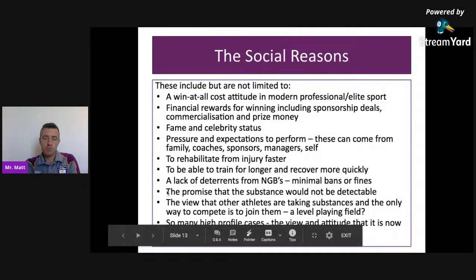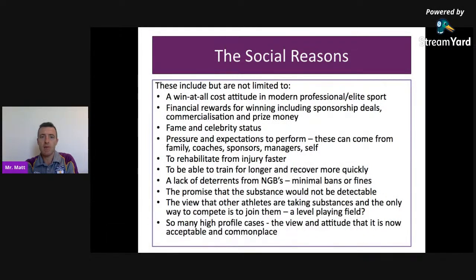The other view, this is a very interesting view. A reason that athletes have given for why they've taken drugs is that other athletes are taking drugs, and that is obviously common knowledge. And if they don't take drugs, then they're not going to be able to compete with those athletes. So they're kind of taking drugs to make it a level playing field, which is obviously an interesting method and reason and justification for them